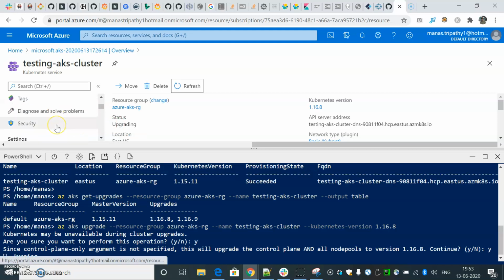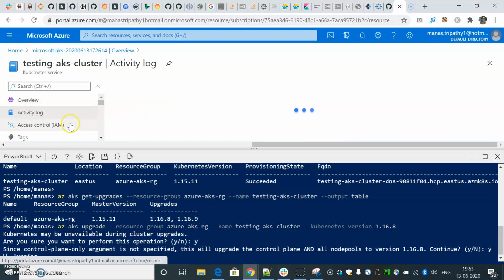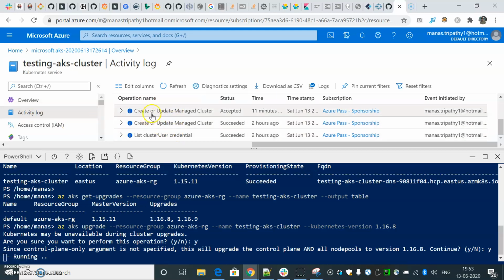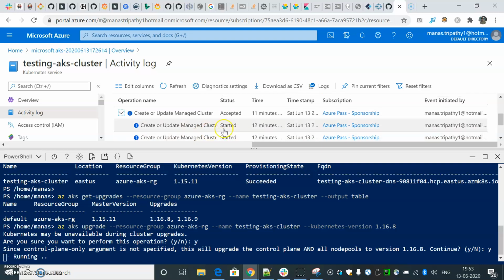You can go to the activity log and see that job. You can see you have created a job to update the managed cluster 11 minutes ago. So we can look deeper into the event that we have triggered and see what's happening over there.